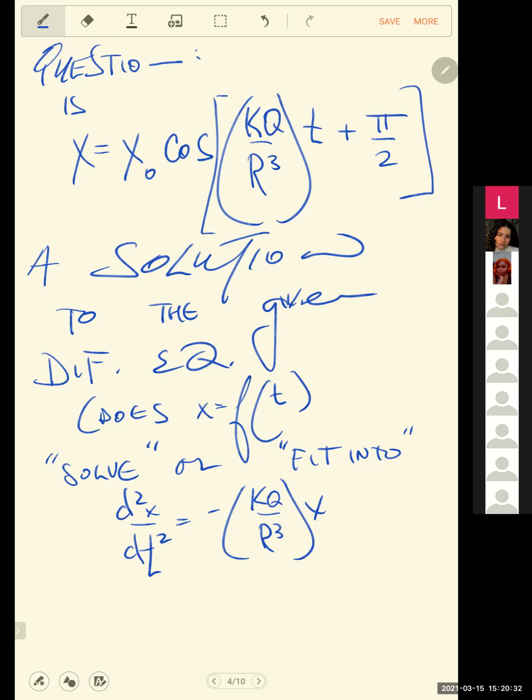This type of question, of course, I almost hope you're getting sick of this question, getting bored of it, because that means you're seeing that we're doing it all the time and you're maybe starting to master it. We are all the time asking this question: does this x of t function fit this differential equation? Does this position, does this description of motion, where you plug in the time and I tell you the space, match a differential equation that somehow we know to be true of the system? That's always our question, right? And that's our question right here.